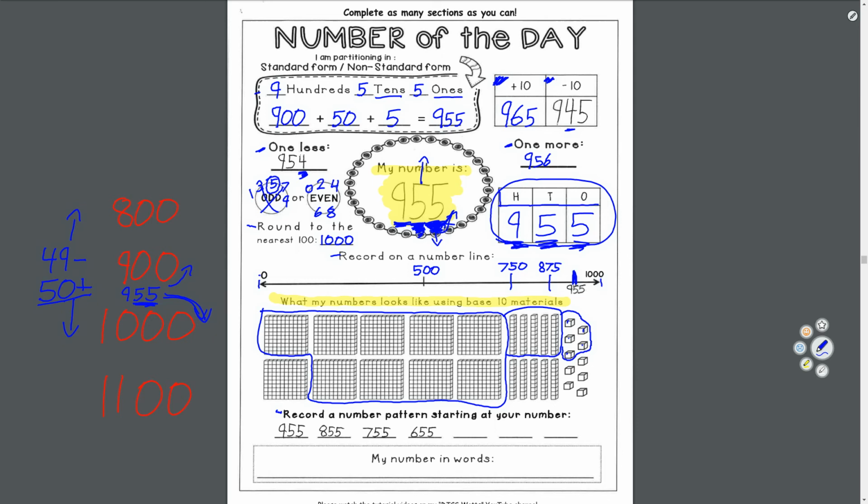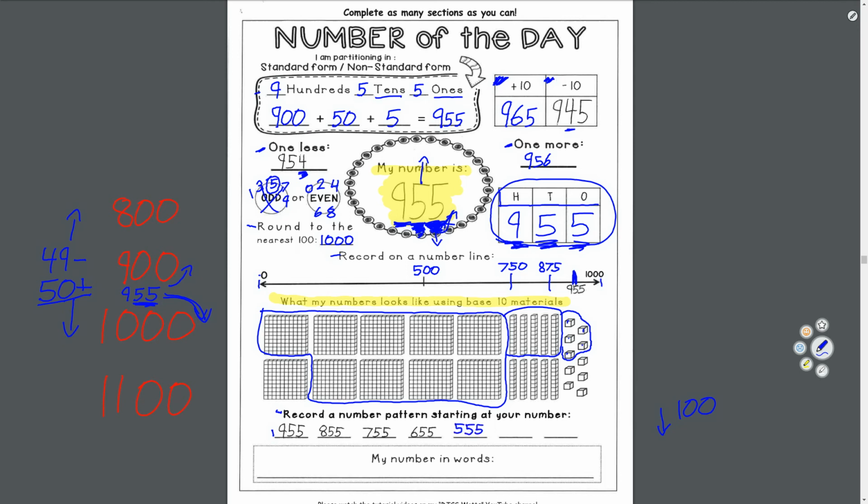Record a number pattern starting at your number. So I started it for you. Let's see if we can finish it. So we start at 955, 955, 855, 755, 655. What's the pattern? We're going down by 100. The hundreds place is changing. So 955, 855, 755, 655,